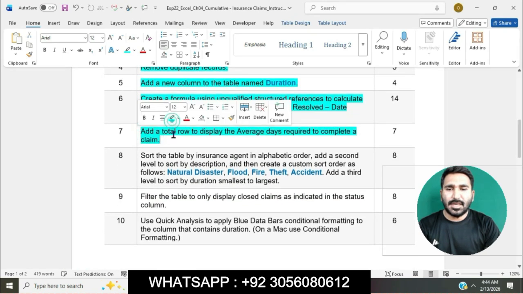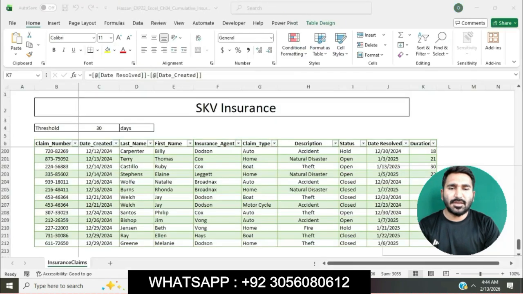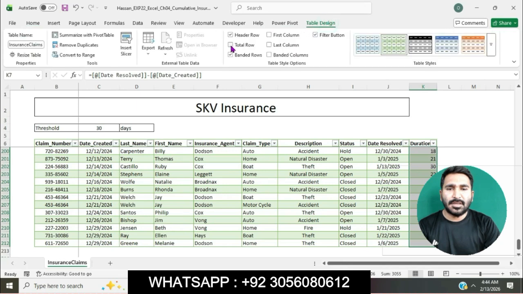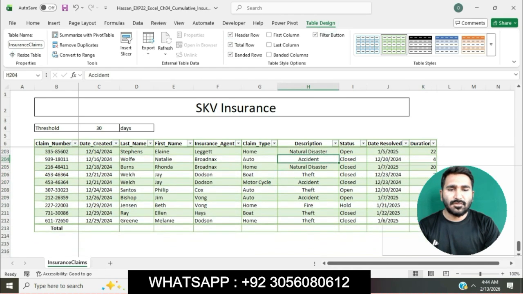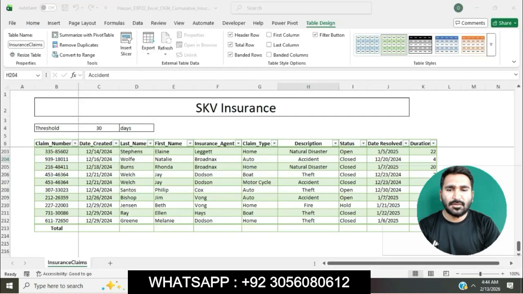So the next question is question number 7. In question number 7, add a total row to display the average days required to complete a claim. We will have to add a total row to display the average days required to complete a claim. We will go to the Table Design tab. In the Table Style Options group, click on the Total Row checkbox. To display average days required to complete a claim,